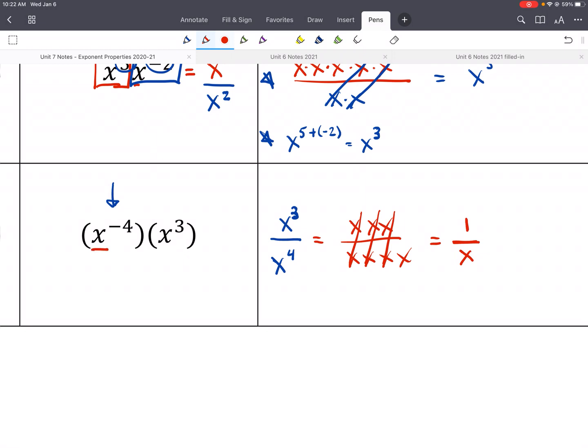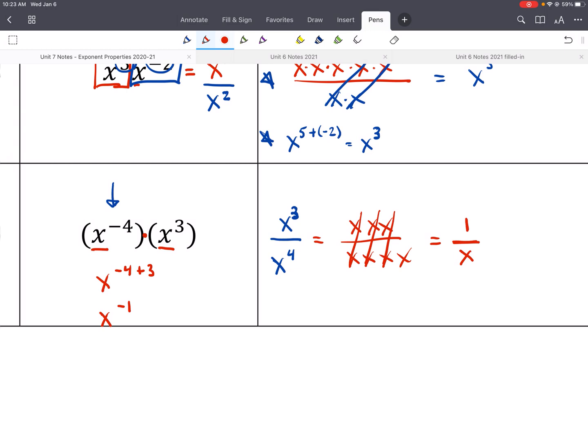Since the bases are being multiplied, if two things are touching, then that's multiplication. Then we're going to add their exponents. So that would be x to the negative 4 plus 3, and that is x to the negative 1. And then at that point, you would need to take care of that negative by bringing it to the bottom